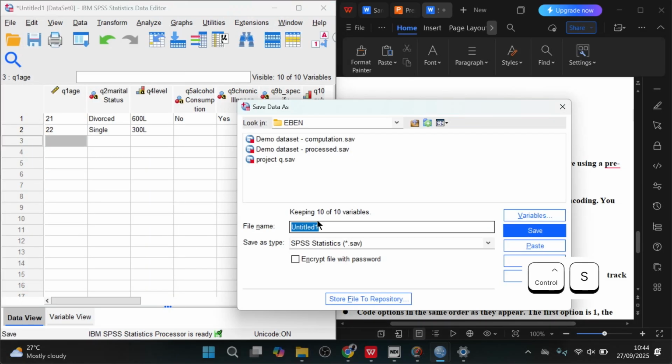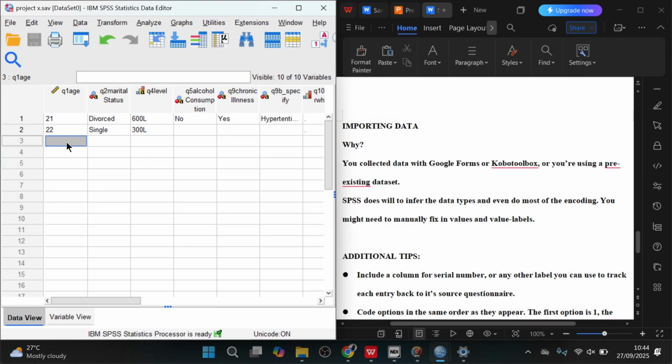It does not save, you have to at least save the first time. So let me just call it project X. So it's going to be a .sav file. So I'm going to save that like that. And then, so I was saying, if you are importing data, let's say you have gotten your data from Google Forms or from Kobo Toolbox,